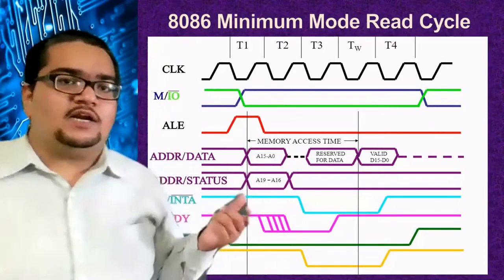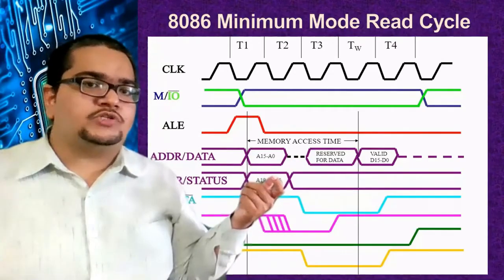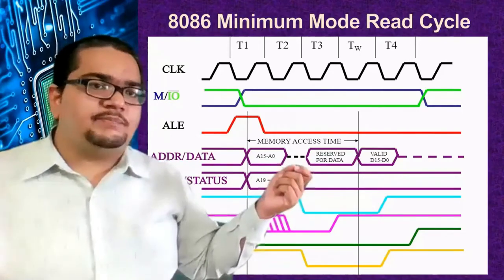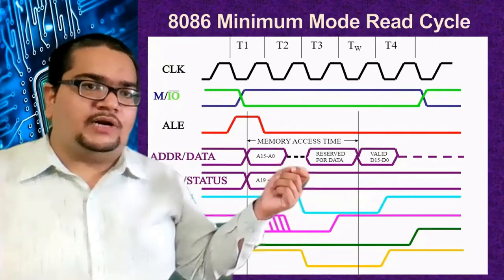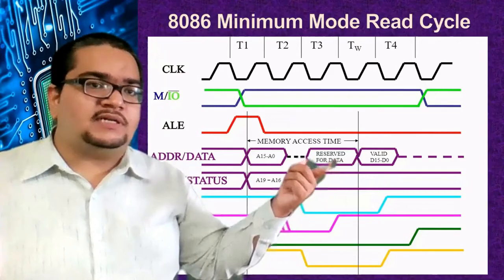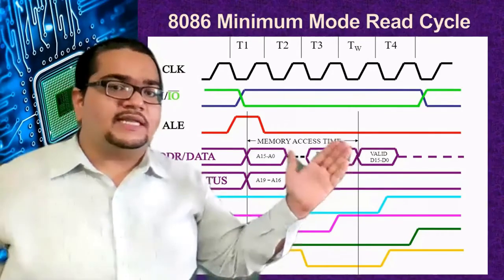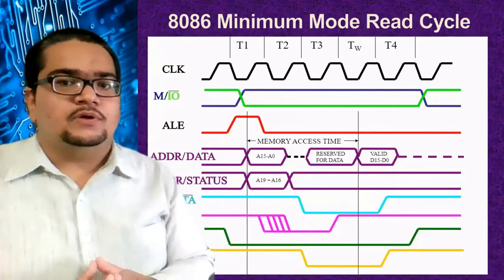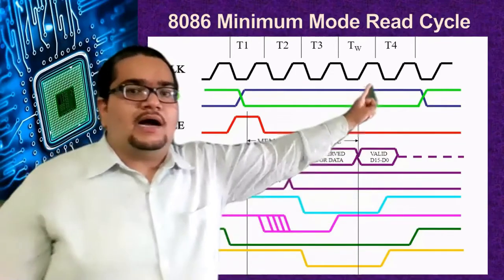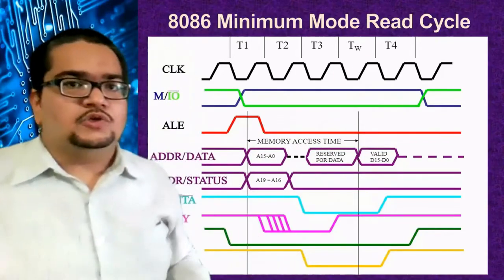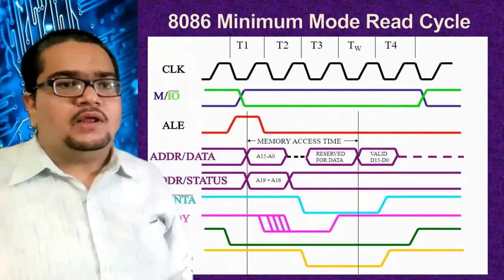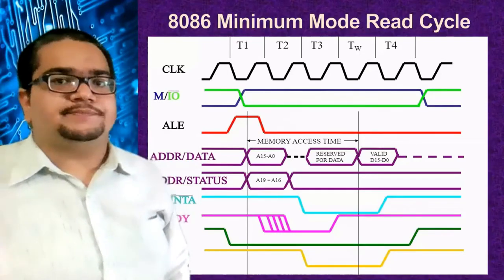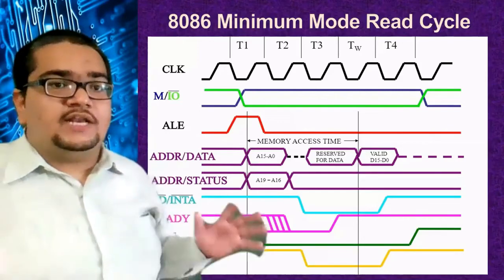So in one cycle, from T1 till almost the end of T2, it contains address only. For T3, it will not have the address, not have data on it. After that, it will reserve this bus for the data purpose only. Towards the wait cycle, it will have the valid data on it. And once T4 completes, again the next T1 will start, the next machine cycle. So it's T1, T2, T3, TW, T4, again T1, T2, T3, TW, T4. This cycle continues.